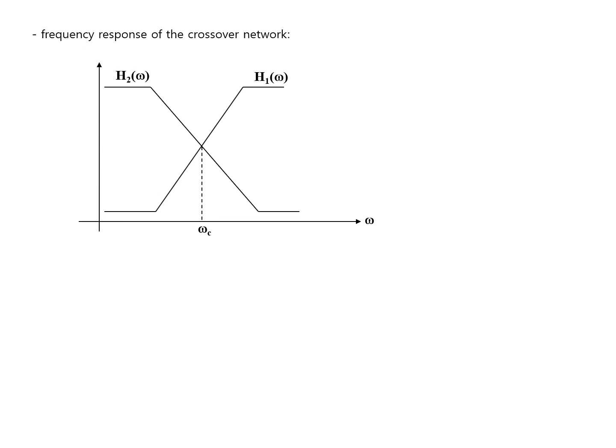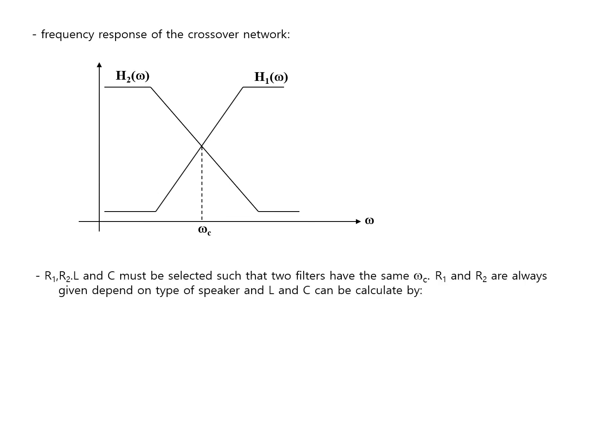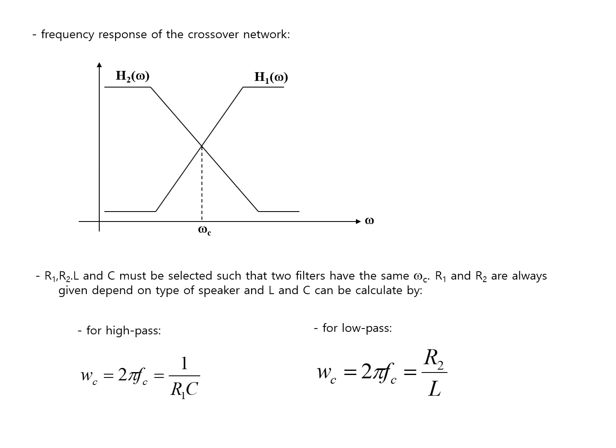We have 2 transfer functions, and in the middle is omega C. R1, R2, L and C must be selected such that the 2 filters have the same omega C. And R1 and R2 are always given depending on the type of speaker, and L and C can be calculated by omega C equals 2 pi fc, which is 1 over R1C for high pass filters, or for low pass filters omega C equals 2 pi fc, which is R2 over